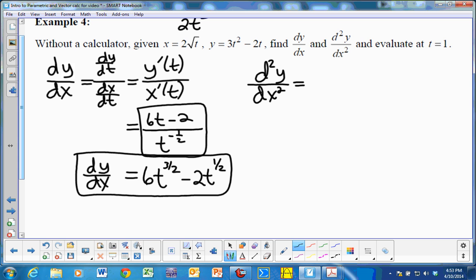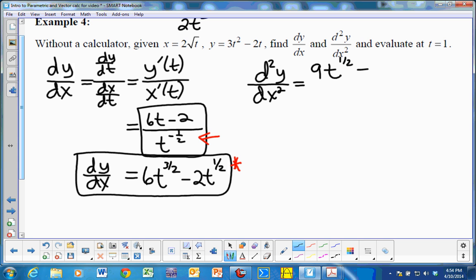So that's this function I just circled in. So we're going to take this derivative right here, and then we're going to divide it by dx/dt, which is t to the negative 1/2. And that's how we do the next derivative. So when we take this derivative, we'll have 3/2 times 6. So that's going to be 9. So we'll have 9t to the 1/2, because I'm doing the derivative,